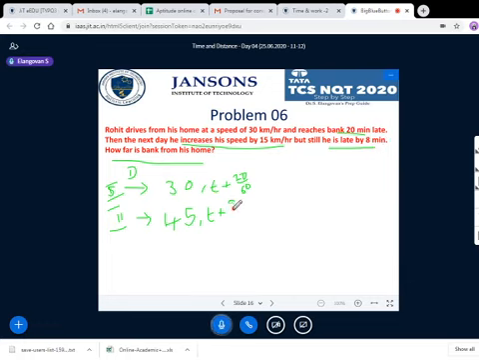Extra time. So 8 by 6. Now what should be the equation? What should be the equation? That t, that is distance, is equal to what